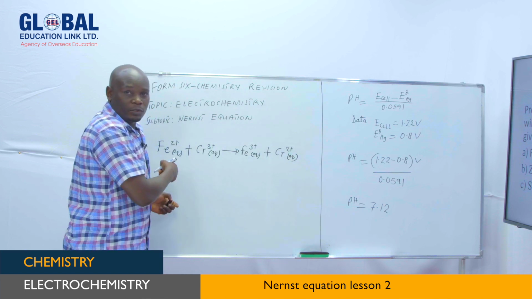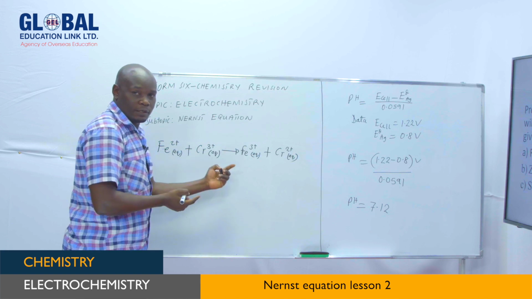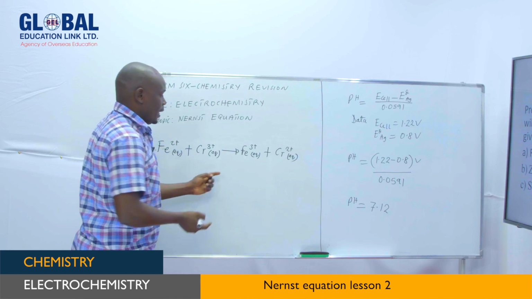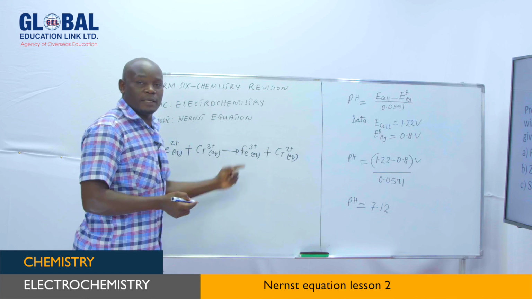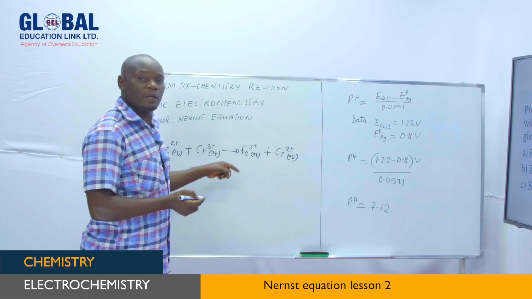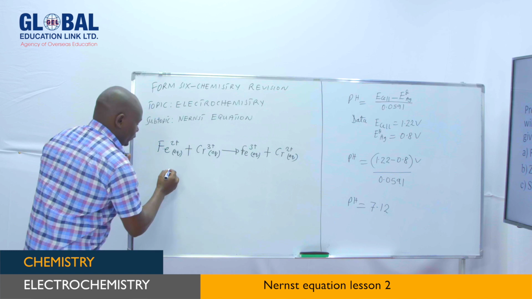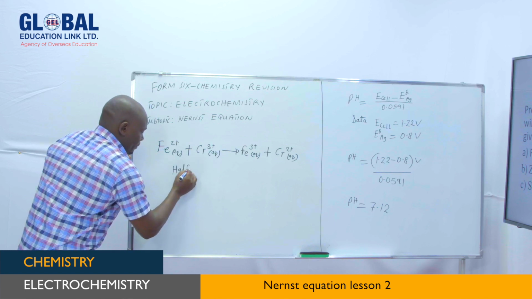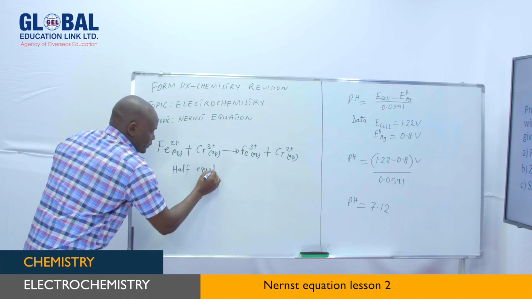So this is our redox reaction. If you remember, I told you that here you have first to write the half equations from the given reaction equation. So the half equations here,